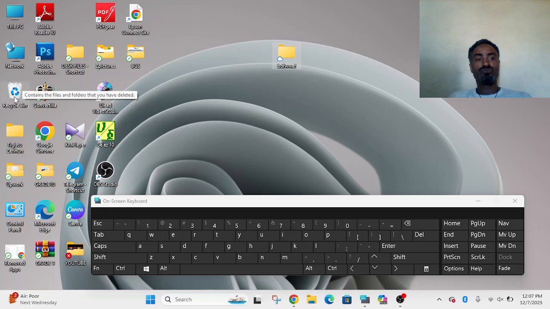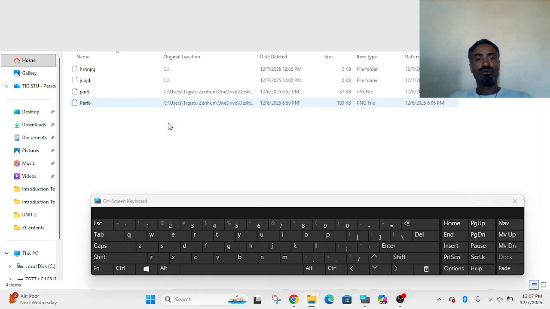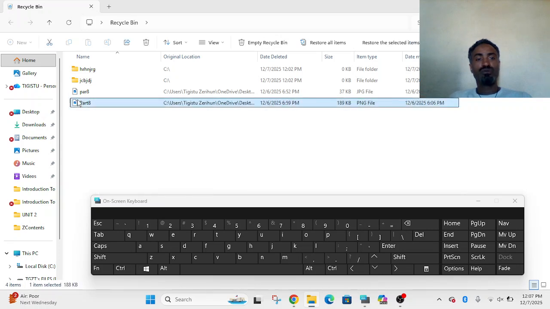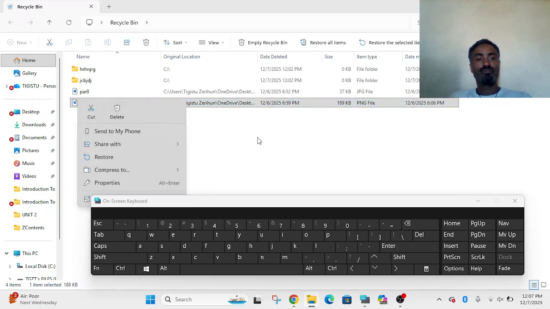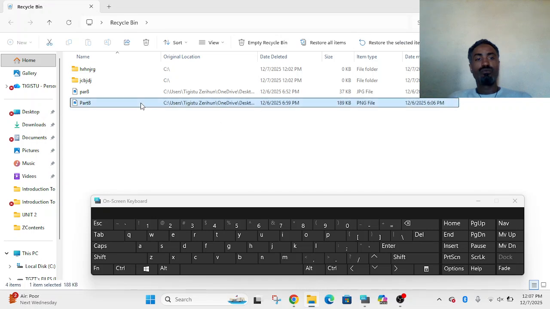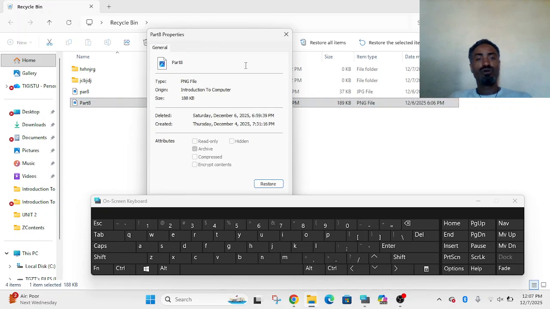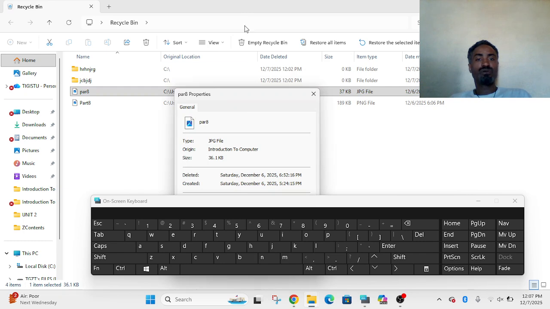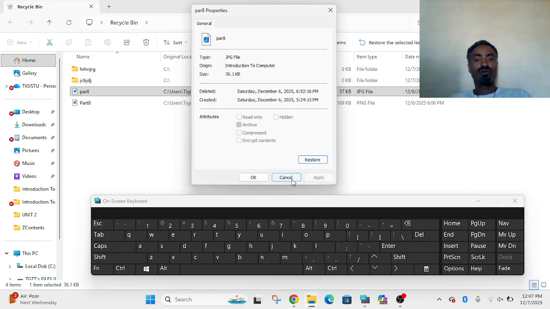Unnecessary or unwanted files are stored here, under the Recycle Bin. We can right click on a file that is stored temporarily under the Recycle Bin. It can be restored back or deleted permanently. When we double click it, it cannot open. We cannot access a file stored under the Recycle Bin. It is a temporary storage for unnecessary files and folders. Therefore, we can restore back to access our files. Double click helps you to open, but it cannot access here. You have to restore back to use it.